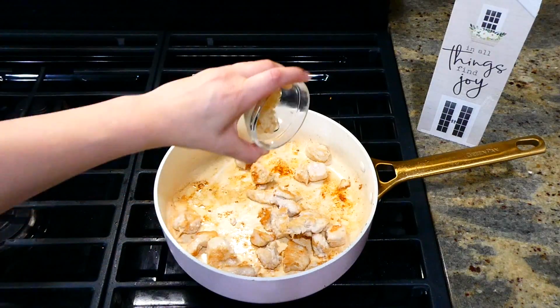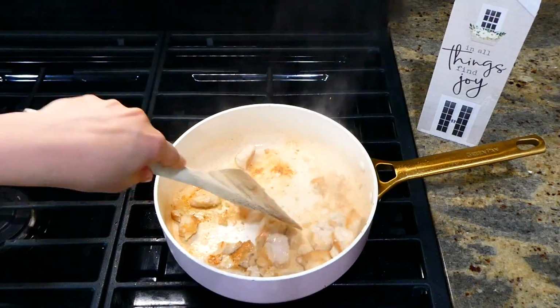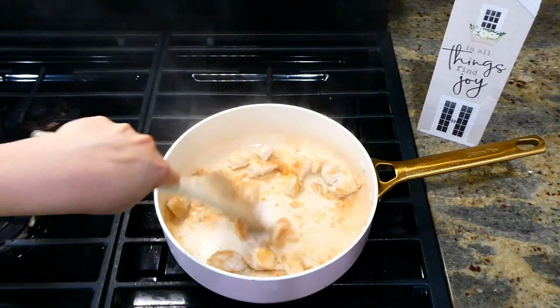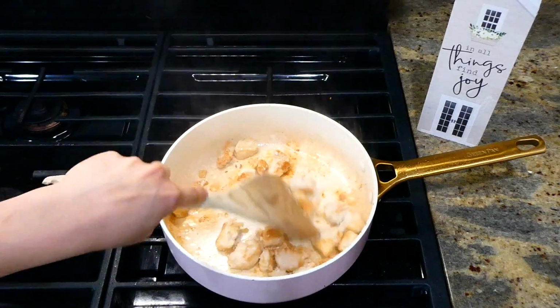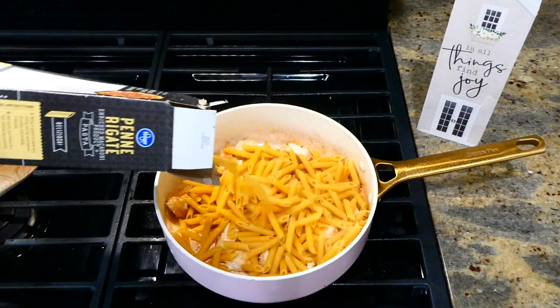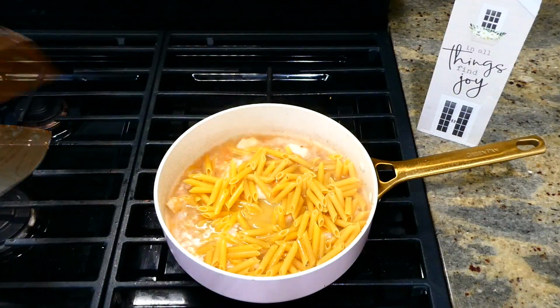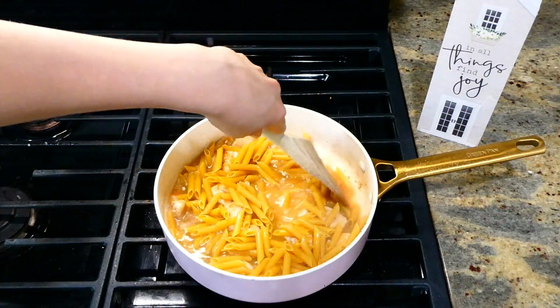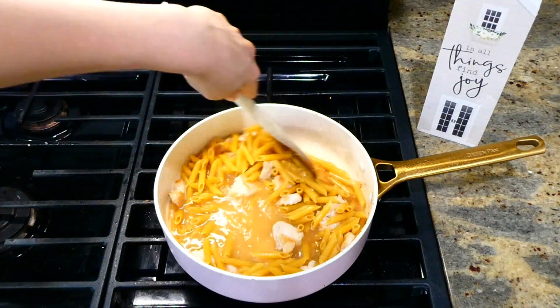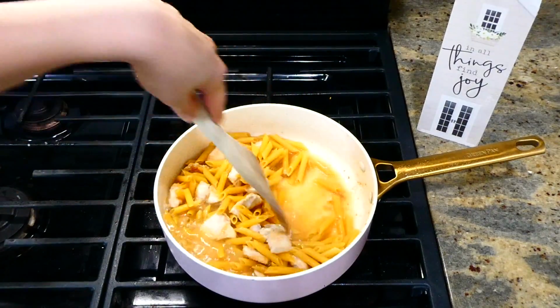So now that my chicken is cooked, I'm adding in 1 tablespoon of minced garlic. I'm going to stir this around for about a minute or so until it is fragrant. So now that my garlic is fragrant, I'm going to add in about 1/2 pound of penne pasta, along with 1.5 cups of chicken broth, and then you are going to scrape all of the bits off of the bottom of the pan. I let this simmer on my stove covered for about 12 minutes or until my noodles were